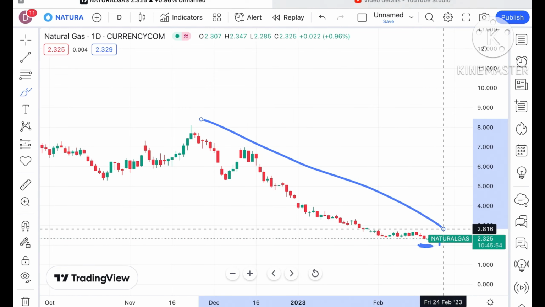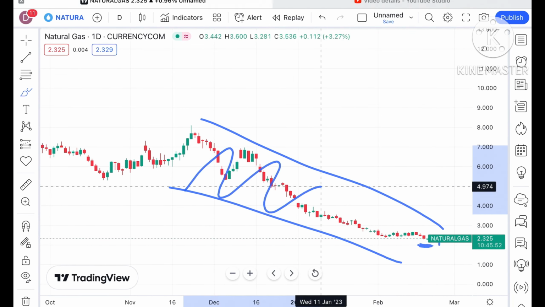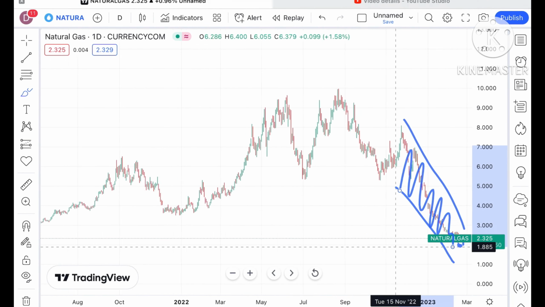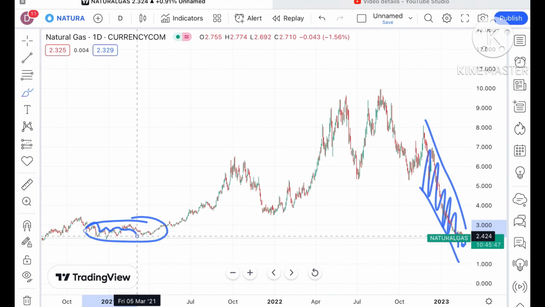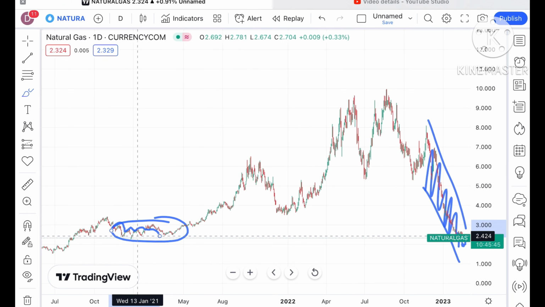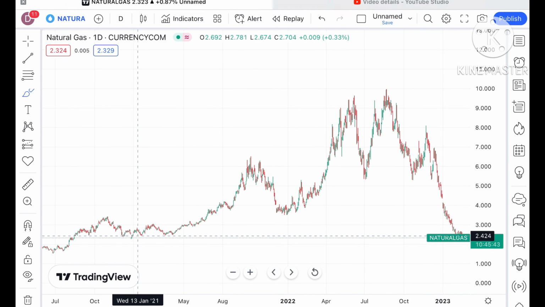There is a continuous downfall. Suppose the price falls below this particular zone, chances are very high it will come again in this particular zone and it will move in this zone. Okay, so suppose if the price sustains this particular, before, if you look at this particular trend, there is a